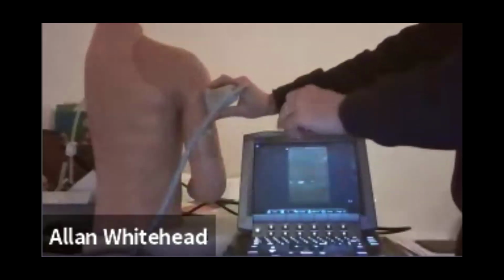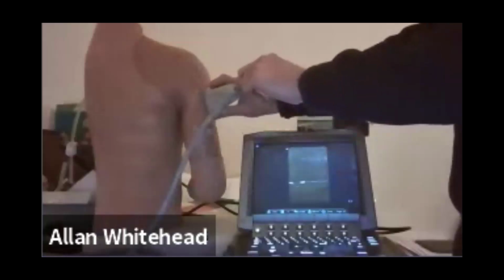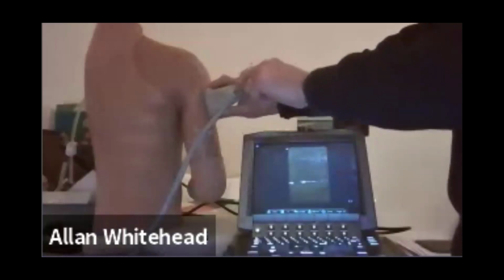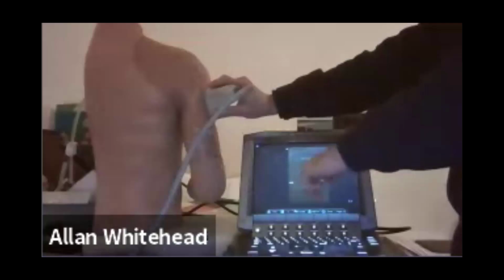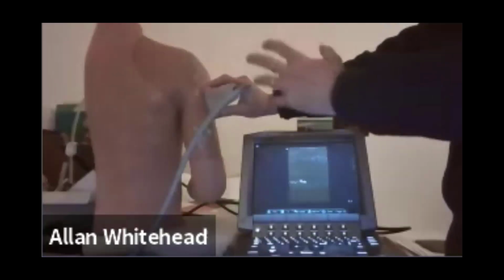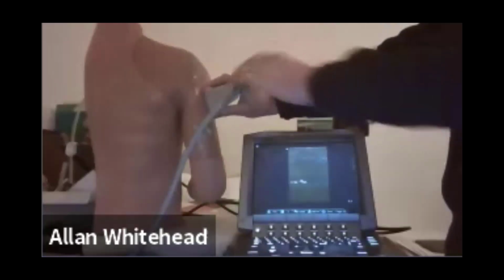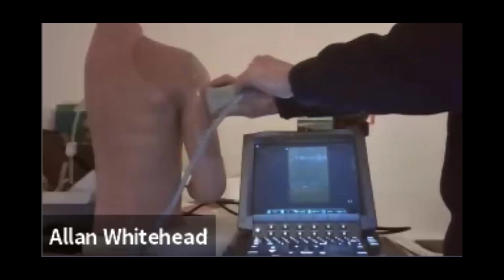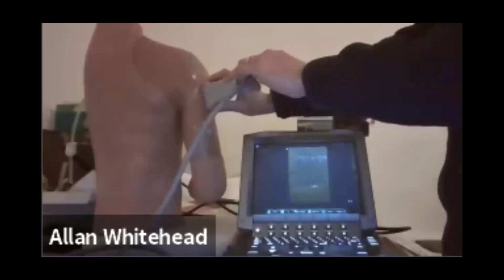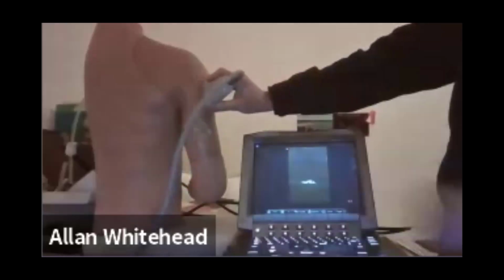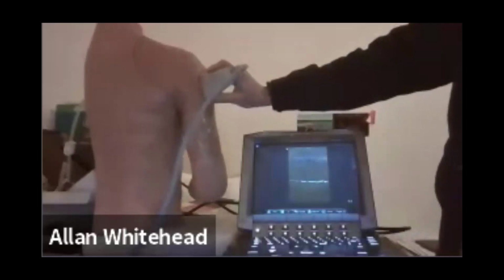You could just start like this, but some people find it hard to find the cortex, and they sometimes mistake where the cortex is because of reverberation artifact, and they start too low and it confuses them. If you start in transverse, you'll always see the curved bone, so you're never going to mistake where the cortex is. But make sure you fan a bit, because if you're not hitting that cortex at 90 degrees, it gets fuzzy and you've got to follow it when it's nice and bright. So I'm trying to keep it as bright as I can get on this phantom